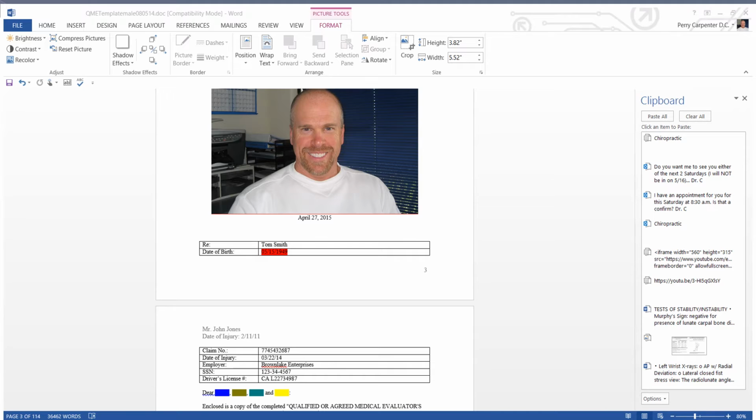Underneath the photo of the examinee, you put the date that the photo was taken, and then in Microsoft Word table format, you include all of the identifying information in a tabular format. So you see here that we're here today regarding Tom Smith. Here's the date of birth, claim number, such and such, date of injury, employer, social security number, and California driver's license number. Now, as you look at this identifying information here